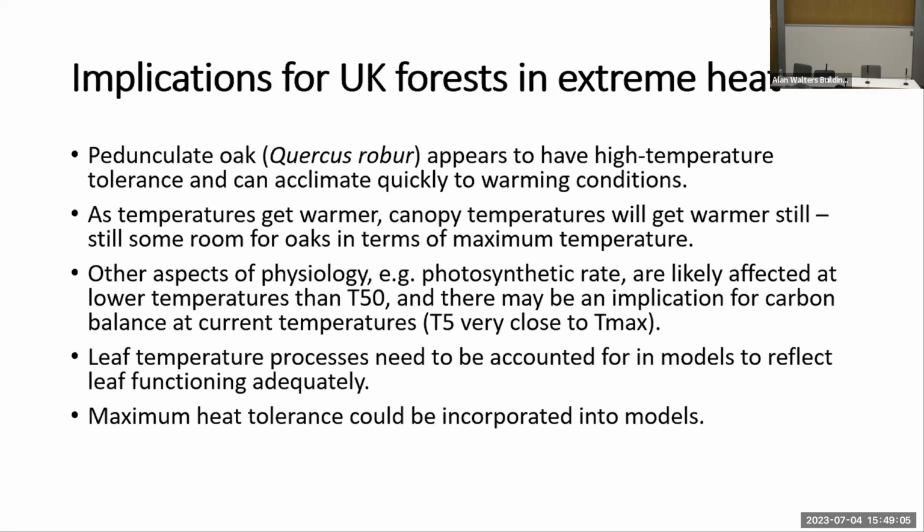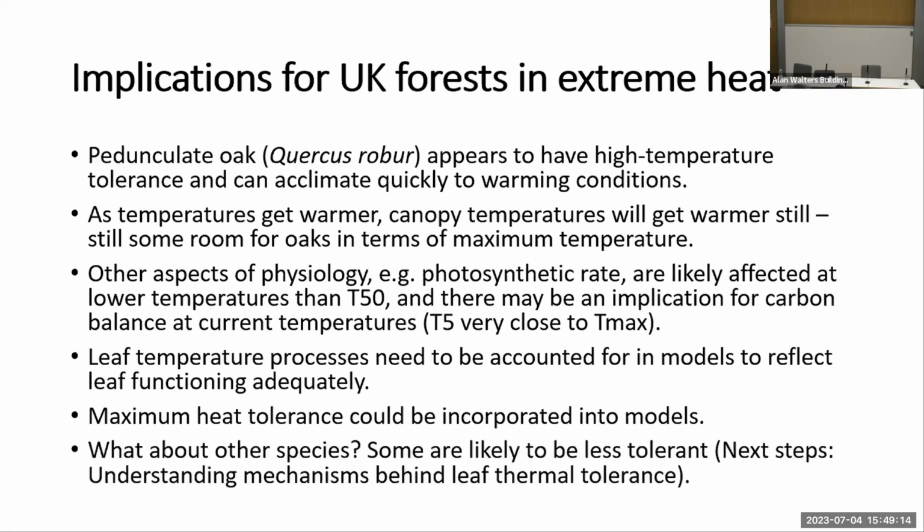The maximum heat tolerance could also be included in models that consider leaf temperature measurements. Similar work is also going on, and I've also received a grant from the Royal Forestry Society